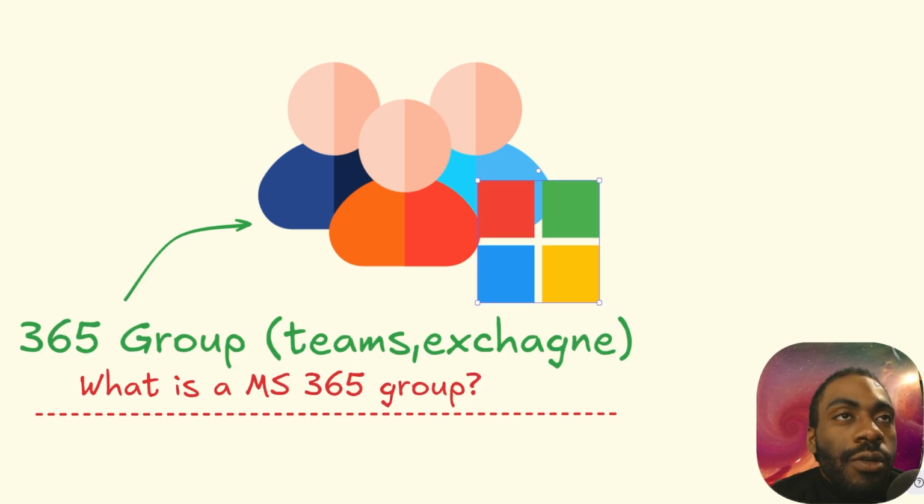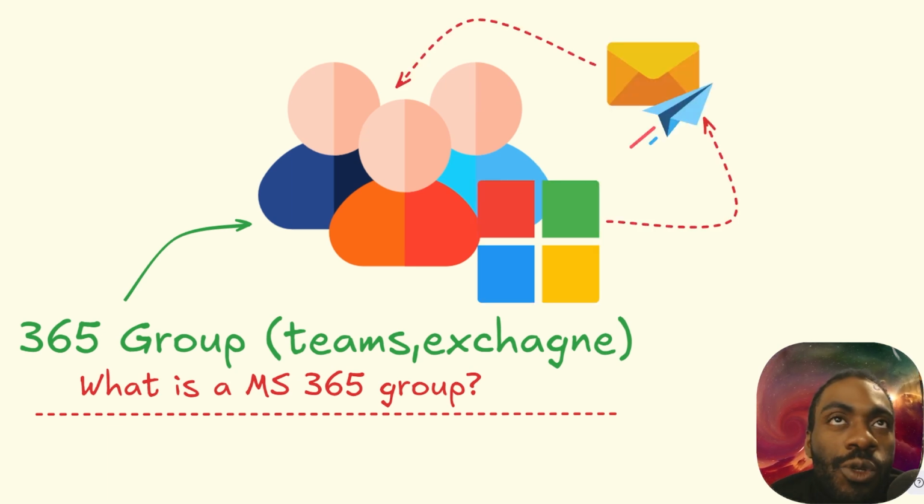There is also another type of group known as a Microsoft 365 group. This group is used for collaboration and often used to share emails and files. A lot of times when using 365 groups, it is going to be in the context of shared communication and collaboration. So you're going to be using it for shared emails, file sharing, Teams, as in Microsoft Teams, as well as group projects and shared mailboxes in Exchange.